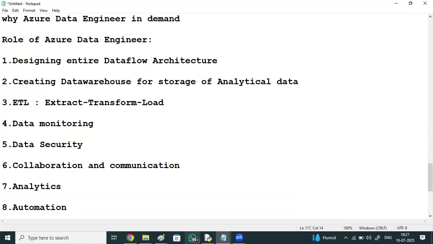Automation means certain things require minimal human intervention, such as the data extraction process. So these are the roles of an Azure data engineer. The main things are ETL, creating a data warehouse, data monitoring, and data security.